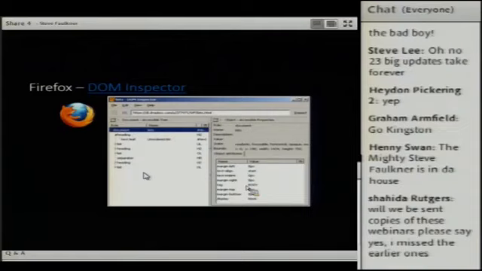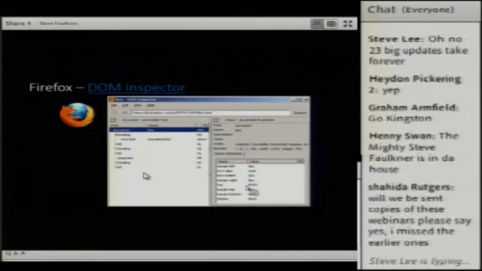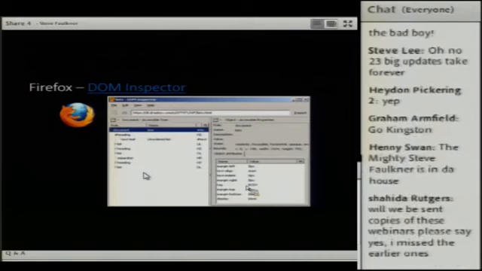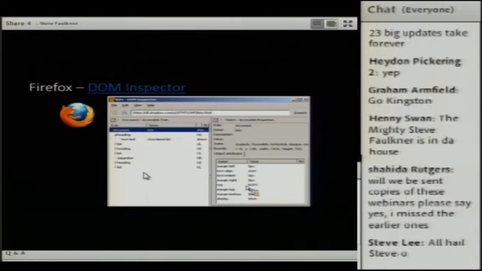So I'm going to look at a few tools just to give you an idea of how we arrived at aViewer. One of the tools that I use, and which does actually expose an accessibility tree, is the Firefox DOM Inspector. Not a lot of people know, but when you use that little drop-down menu on the left, which has lots of dots on it, I can't remember what it's actually called, it normally shows the DOM tree, but then you can actually get it to show the accessibility tree.